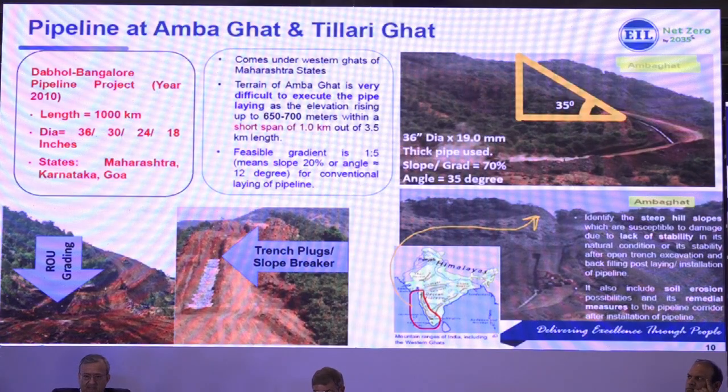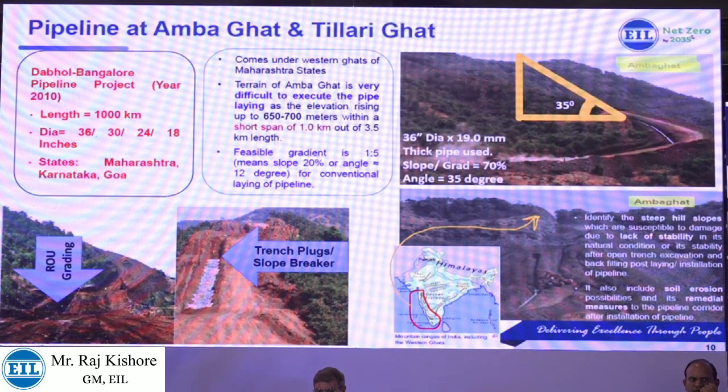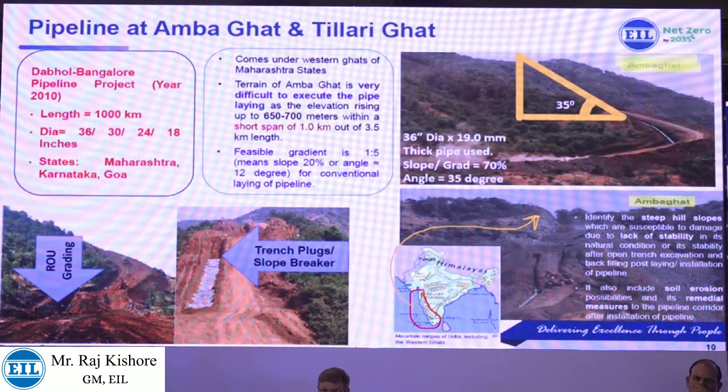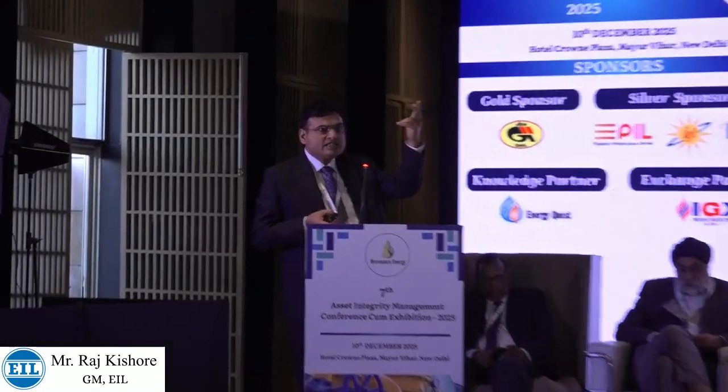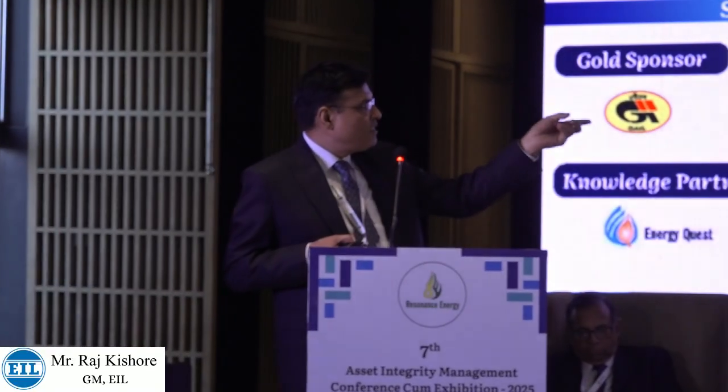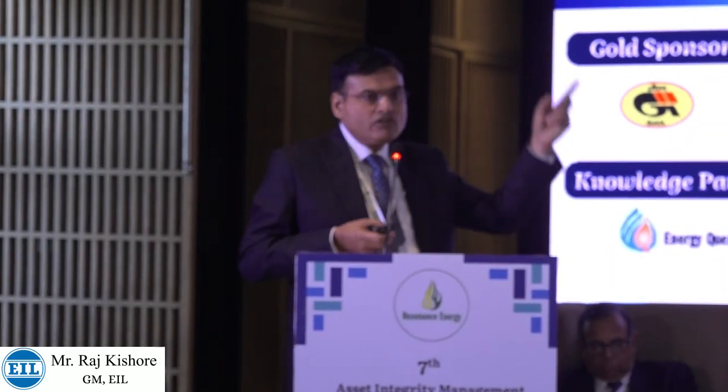So accordingly, we visited the location and planned how to lay the pipeline and what design changes were required during the design stage. The first constraint was how to do the hydro test of the pipeline, because the elevation is so high, almost 600 to 700 meters. So we chose a pipe thickness of 19 millimeter, because the difference between P max and P minimum should be more than 600 meters. Accordingly, we changed the design, laid the pipeline and hydro tested it.